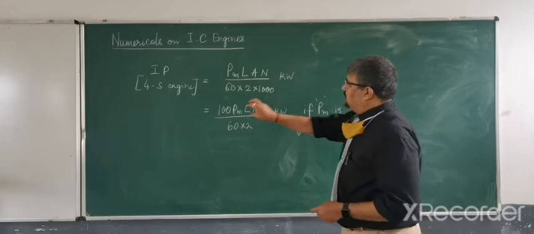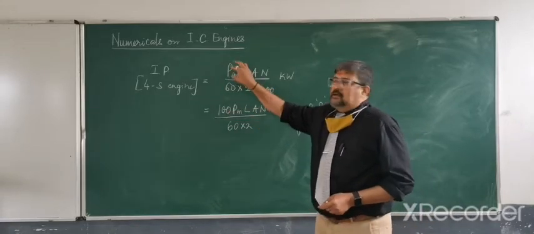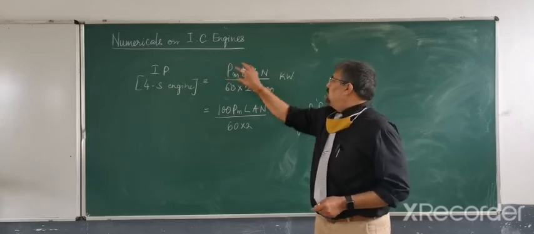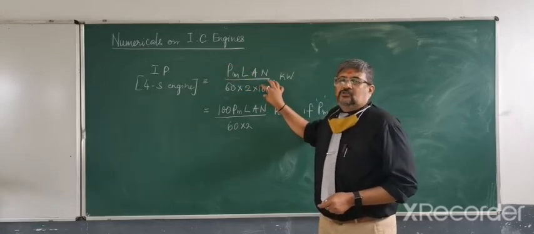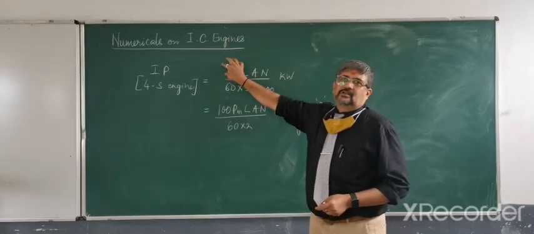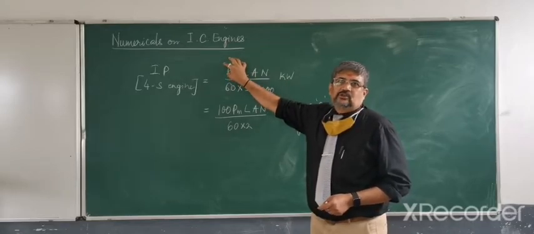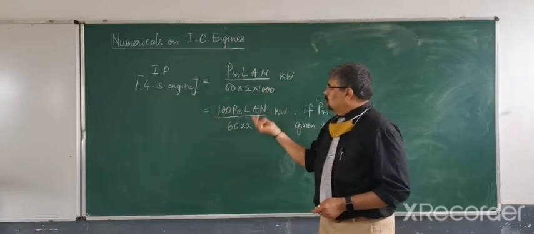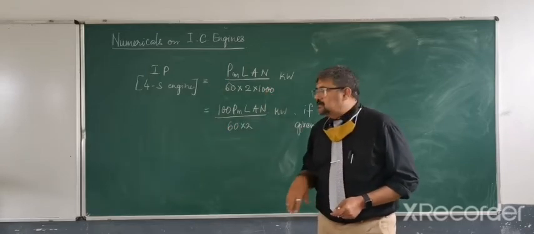If I substitute that here, you will have 10 raised to 5 in the numerator and 10 raised to 3 in the denominator. So this gets cancelled, and what is left is 10 raised to 2, that is 100. That is why we get this 100, and the 1000 vanishes because it has been cancelled.